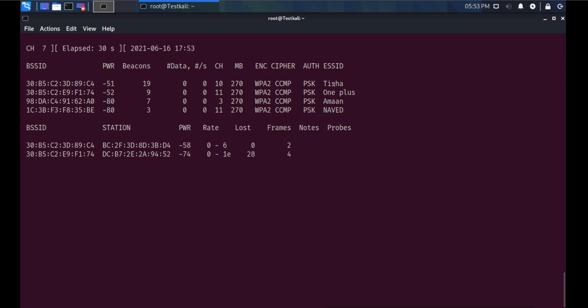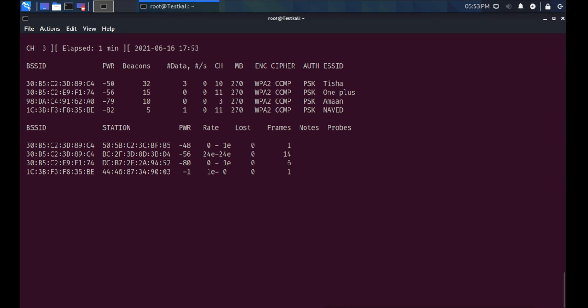There is no hidden SSID right now, but if there were any, I could see them here. Then you can see the host MAC address also, which is connected to that particular SSID, that particular AP. On this side, this is the BSSID of the AP, and this is the host MAC address which is connected to that particular access point.